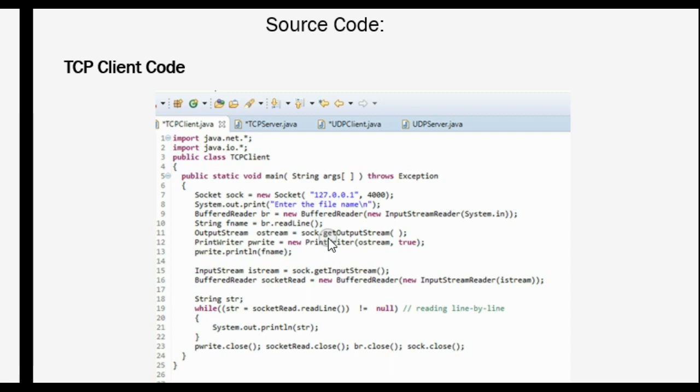So let's just summarize this TCP/IP client code. The first line here is Socket, which we are using to create a client socket, and we are passing the server address to connect with the server. Once the connection is done, it will ask you for the file name, and to read this file name, we are doing these